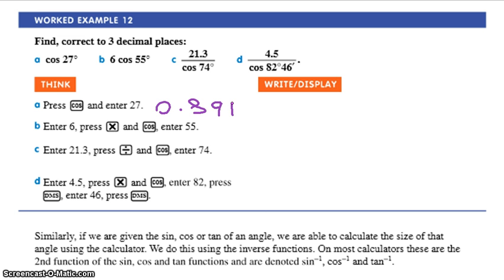Cool? So labeling your triangle is the most important, and then knowing which one to use based on whether you've got the opposite, the adjacent, or the hypotenuse information. You'll see it once we've actually got them on a triangle, and it is actually very easy as long as you label your triangle correctly. Okay? Now, second one is